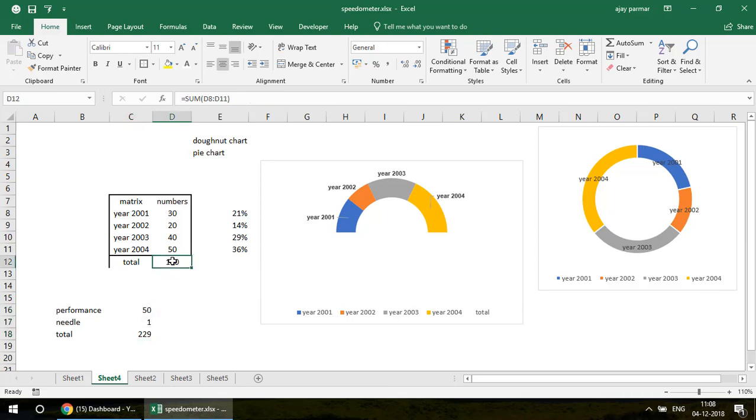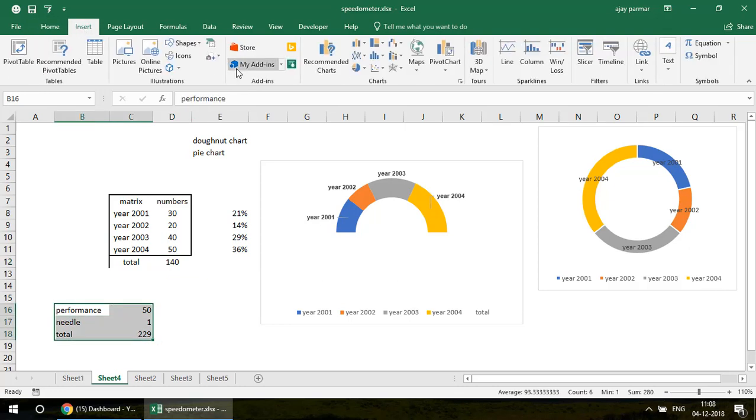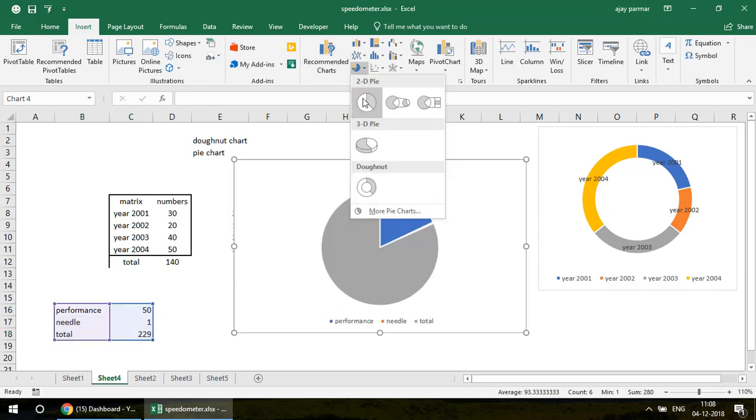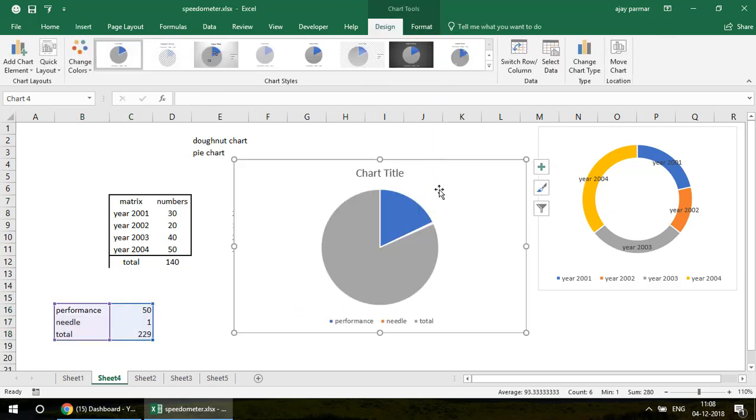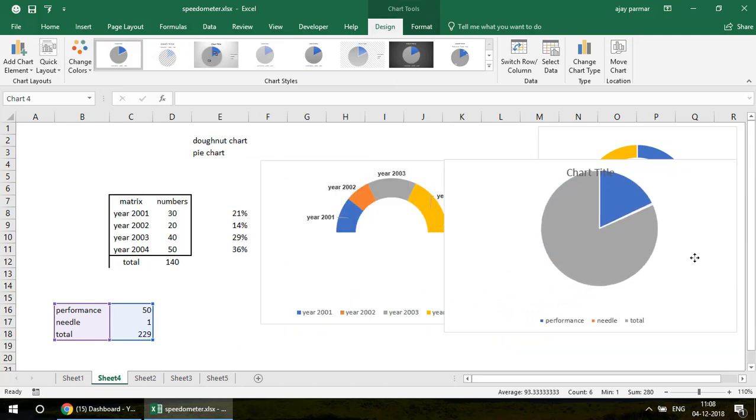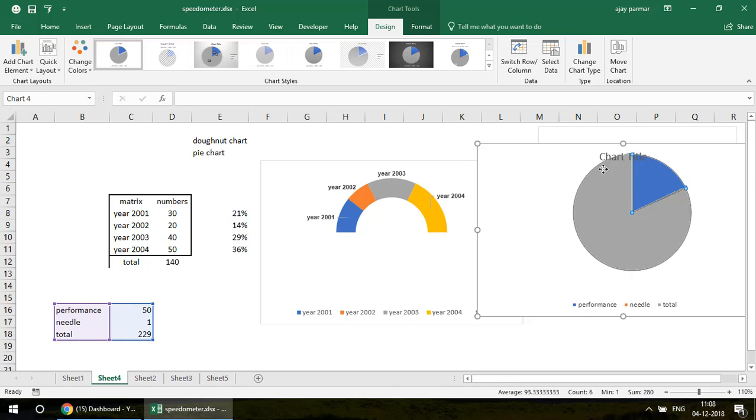Are you getting the point now? This is the logic. Suppose I go and create the pie chart on this, let's quickly click on this. You can see that this is how, guys, this pie chart is going to work. Let me show you. This entire portion,